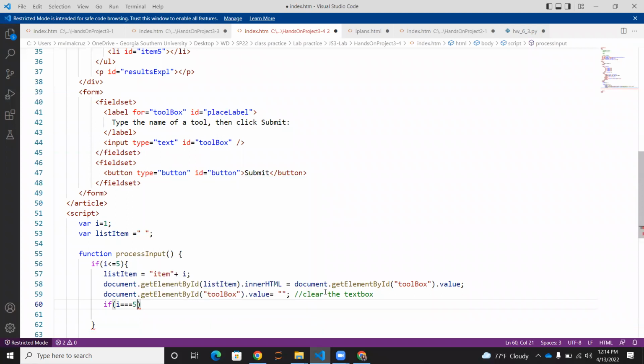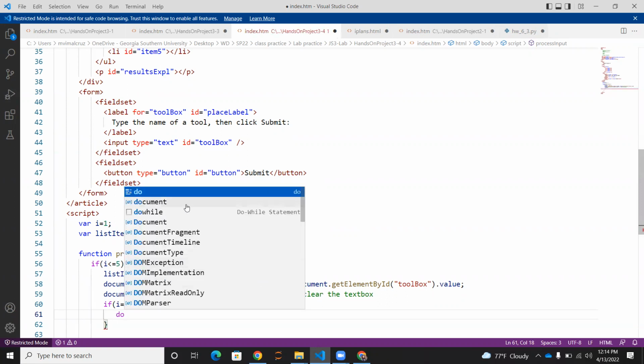Do you remember the triple equal sign? Triple equal sign means it's going to check both the data type and the value, whether it is a string, where you can use 5 as a string by giving double quotation, or an integer. So whatever it is, we're going to process it. Okay. So document dot